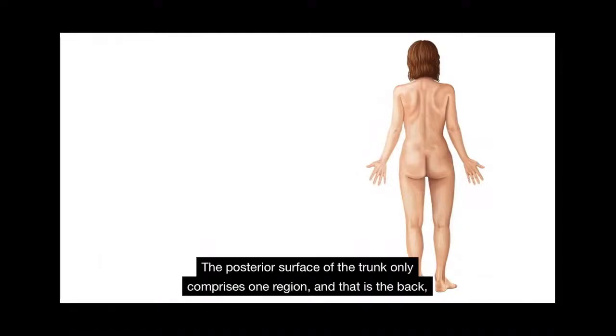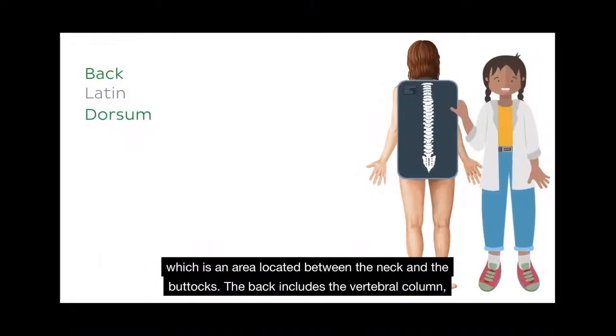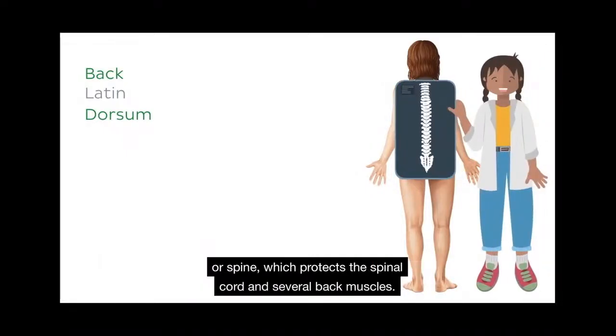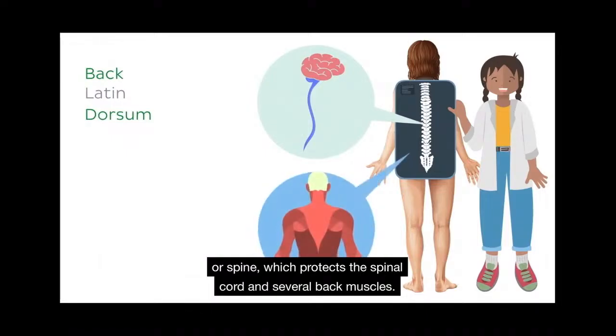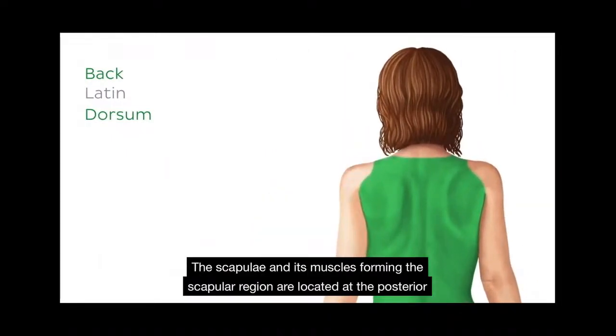The posterior surface of the trunk only comprises one region, and that is the back, which is an area located between the neck and the buttocks. The back includes the vertebral column, or spine, which protects the spinal cord and several back muscles. The scapulae and its muscles forming the scapular region